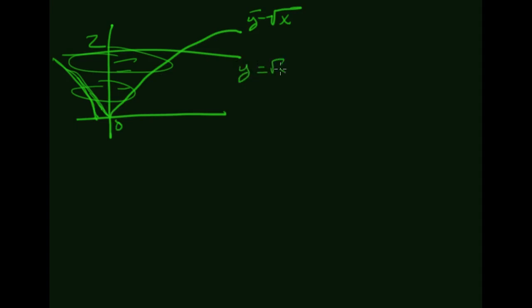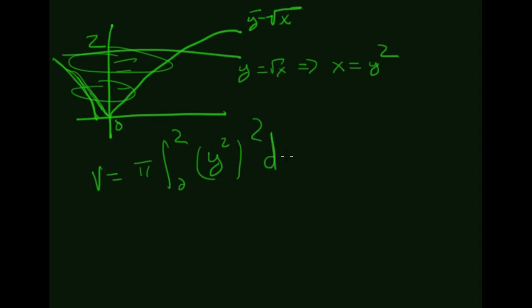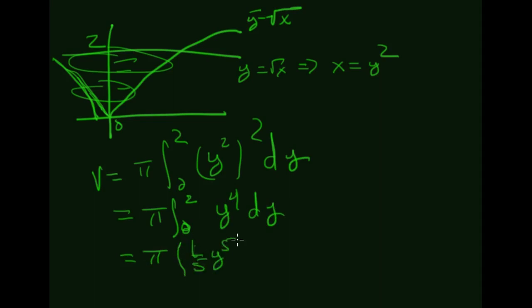If y is equal to the square root of x, this implies that x is equal to y squared. So we're going to take the volume as being pi times the integral from 0 to 2 of y squared squared dy, which is pi times the integral from 0 to 2 of y to the 4th dy. So pi times 1/5 y to the 5th from 0 to 2, which is